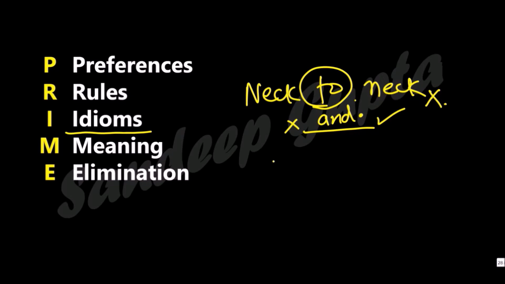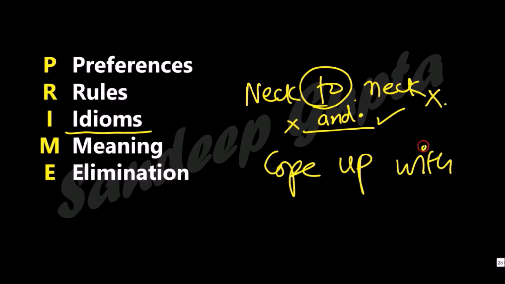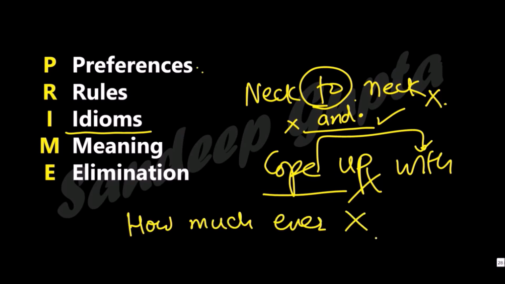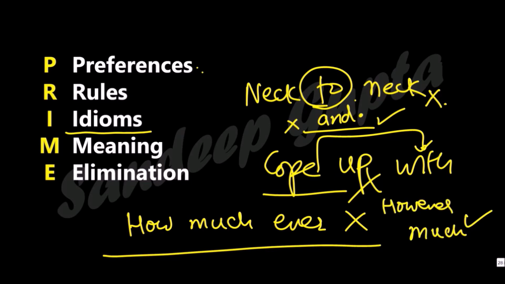In India, people say cope up with something. There is no expression called cope up with, it is just cope with. So we do distort a lot of idioms from American English, and that is why it takes a long time for us to master this. One more example is how much ever. There is no expression like how much ever. The correct expression is however much. But in India, somehow people have distorted this and they say how much ever I hate my boss, I still have to talk to him 5 days a week. How much ever I hate my job, I still have to continue because of the money. So we say how much ever, but the correct expression is however much. So there are many idioms that Indians use wrongly.